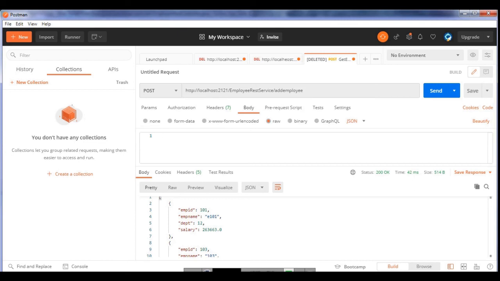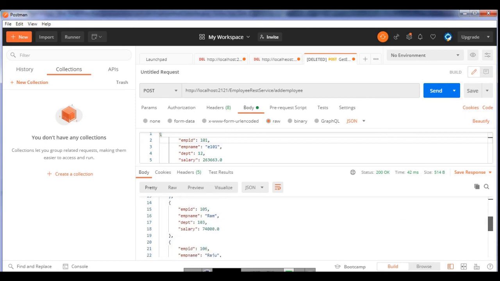Over here I have to send the employee object in the form of a JSON object, which is the default, for the new employee I want to add. So let me copy paste a little over here, we will edit it of course. Now let's make changes in the employee ID and only the employee name. Let the salary and department be the same, so that we don't have any row repetitions.